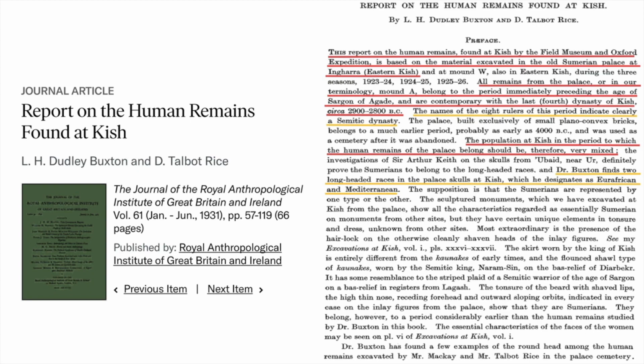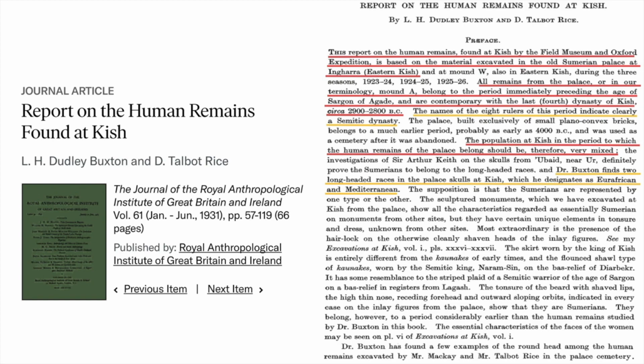It's called Report on the Human Remains Found at Kish. This report on the human remains found at Kish by the Field Museum and Oxford Expedition is based on the material excavated in the Old Sumerian Palace at eastern Kish. All remains from the palace, or in our terminology, Mound A, belong to the period immediately preceding the age of Sargon of Agade and are contemporary with the last fourth dynasty of Kish,